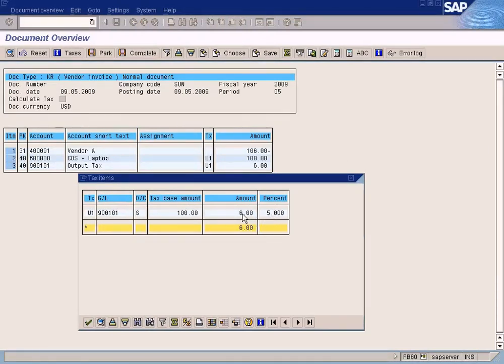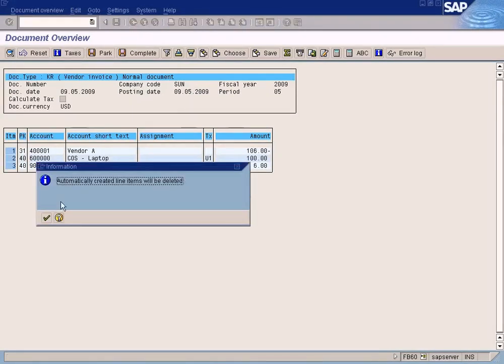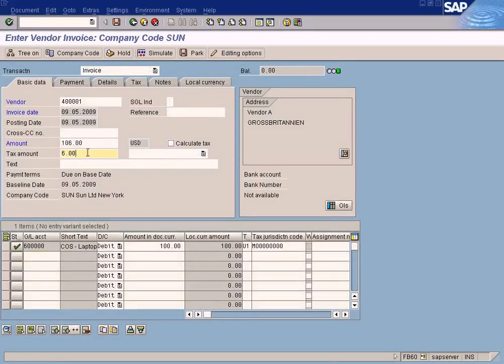We click here, you can notice the 5% is still maintained because this tax code has got a rate of 5%, but it also accepts the manually entered tax amount which is $6, which is supposed to be 6%. You can still post this transaction as it is. So that's how you enter manual tax amount.